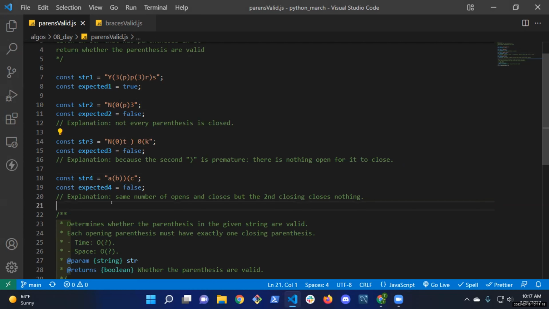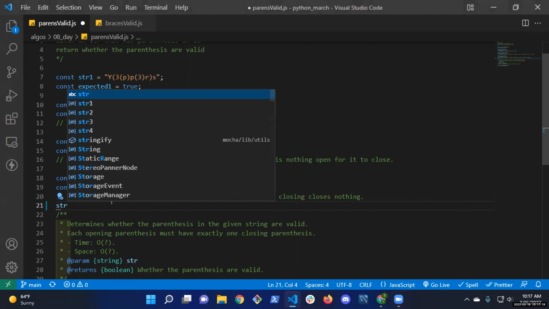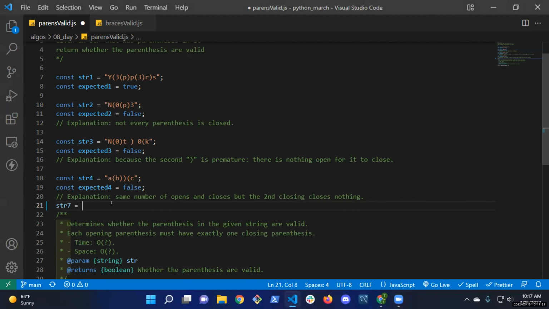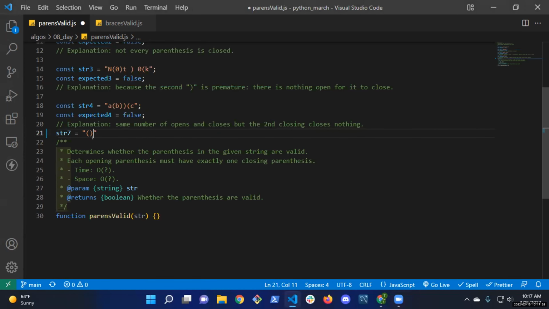So my fantasy would be that I had the string, I could make str, I don't know how high they go, str7 equal to this, right? So that's probably the easiest possible problem that this function would have to solve. And then think about, okay, how would I solve this one? What steps would I go through in my mind?